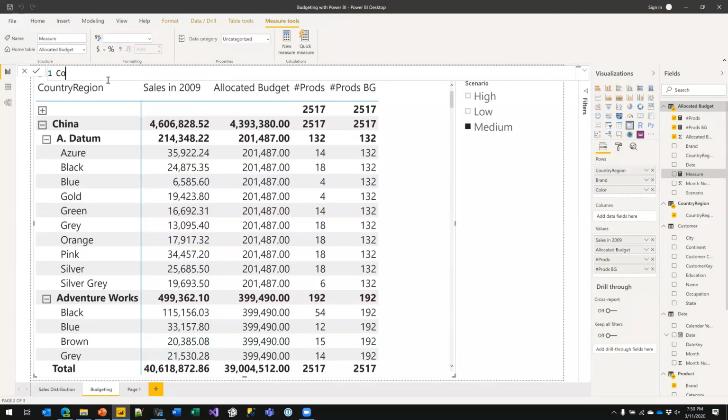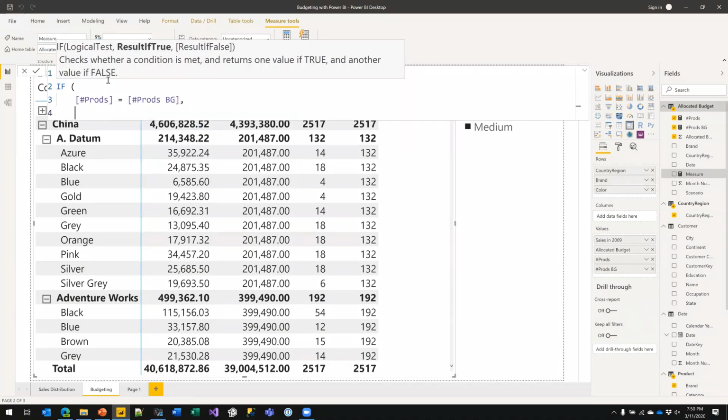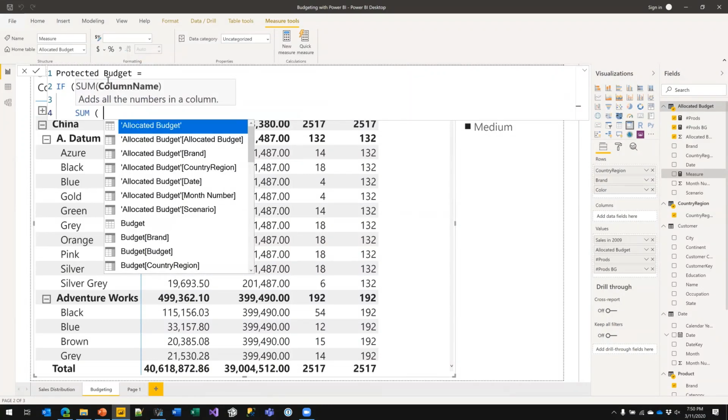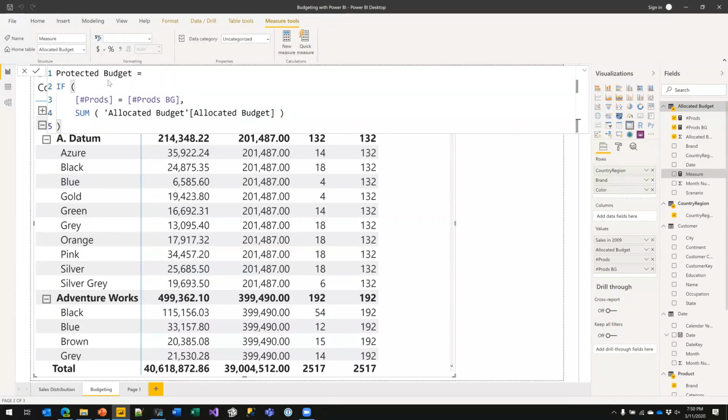Let's call it protected budget. It says if the number of products is identical to the number of products of budget grain, then I return the sum of the allocated budget. Otherwise, I will just return a blank.